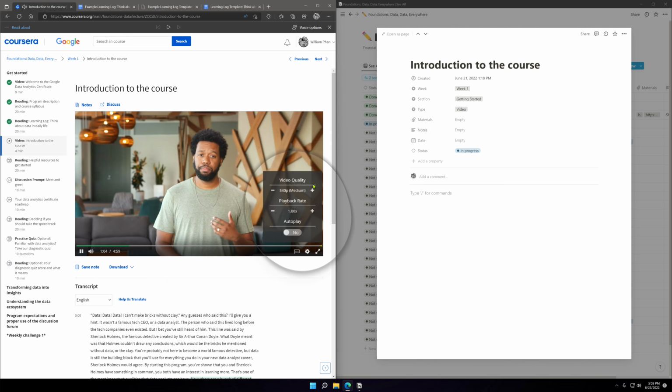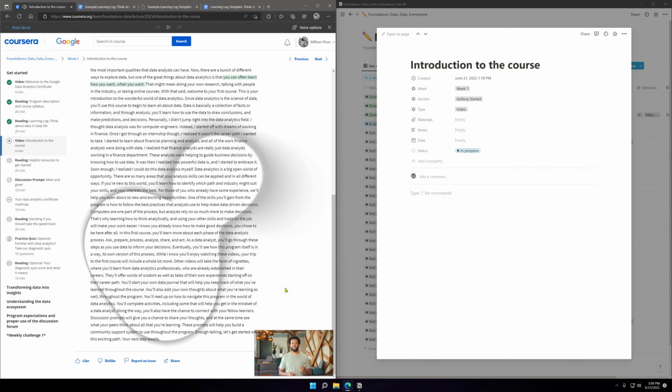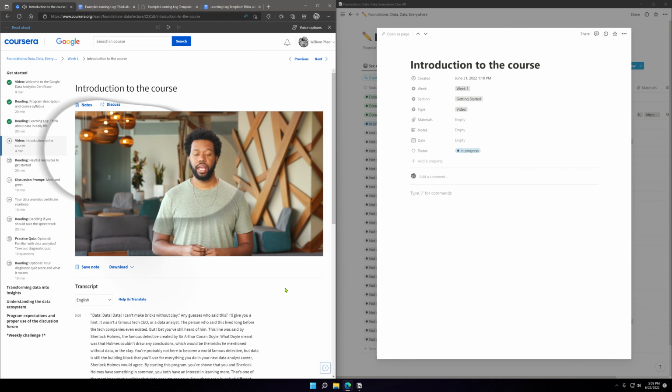Now, there are a bunch of different ways to explore data, but one of the great things about data analytics is that you can often learn how you want, when you want. That might mean doing your own research, talking with people in the industry, or taking online courses. With that said, welcome to your first course.